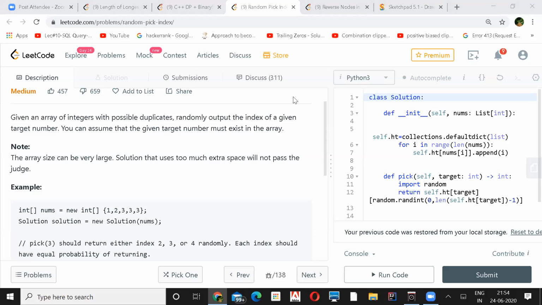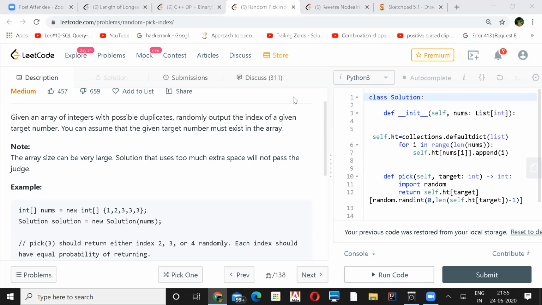Okay, so you're saying you're storing all these elements of the input array in some sort of data structure with their indices, right? Map, yeah. For the given target, that is what he wants. Suppose he wants 3, so pick 3.